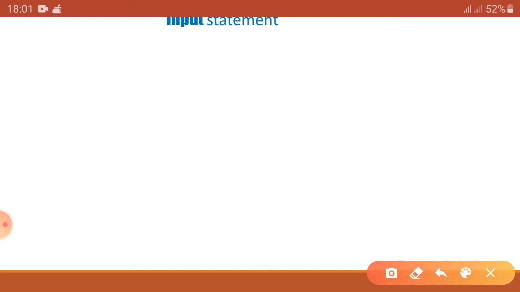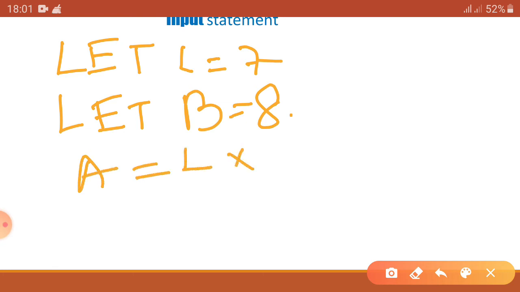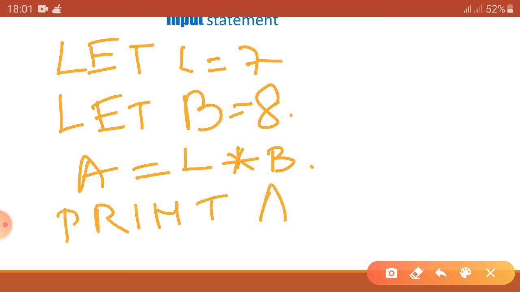Okay, so if I take an example for that, suppose I am writing LET L = 7, that means length equal to 7, and then LET B = 8. Okay, and then A = L * B, and then PRINT A, and then at last END.